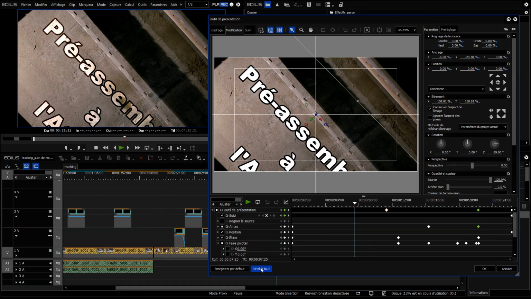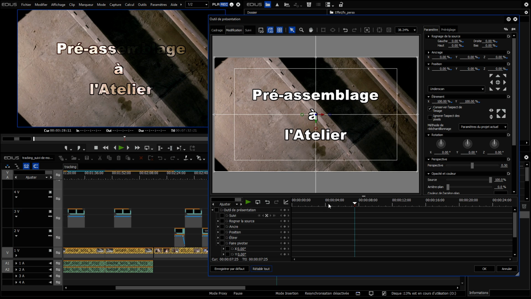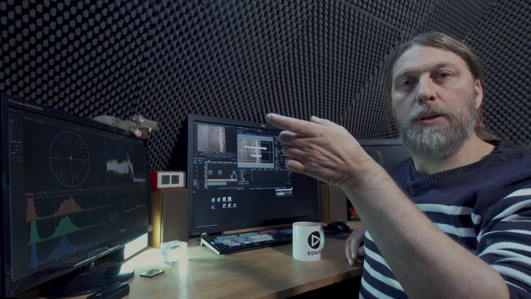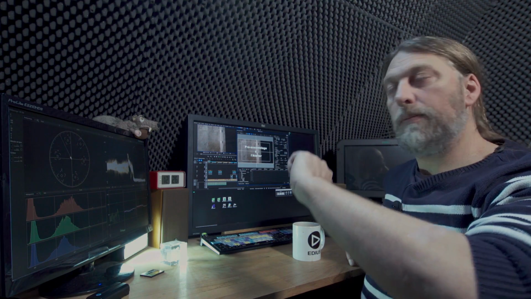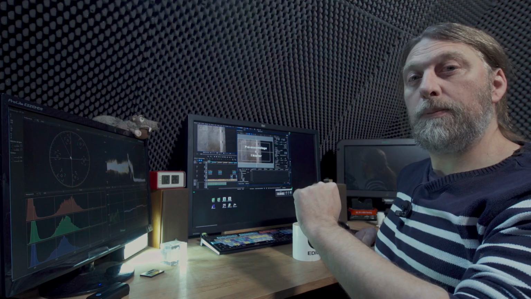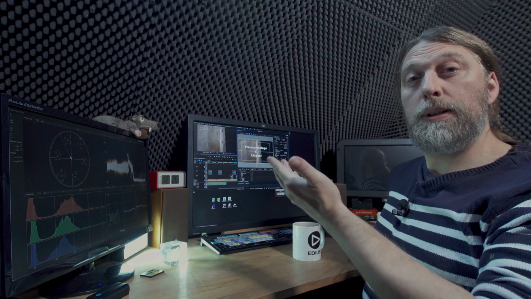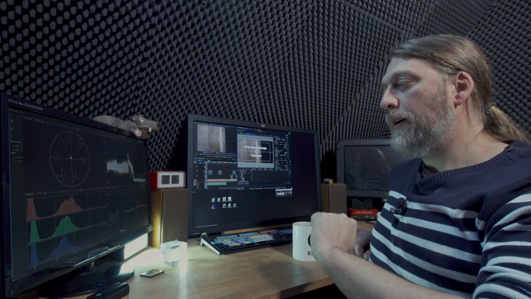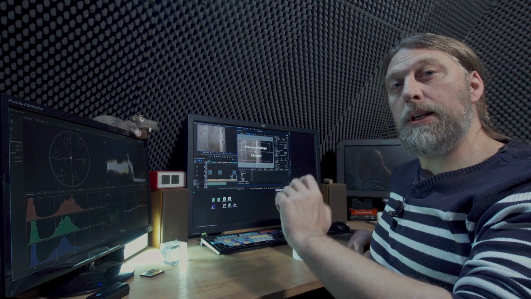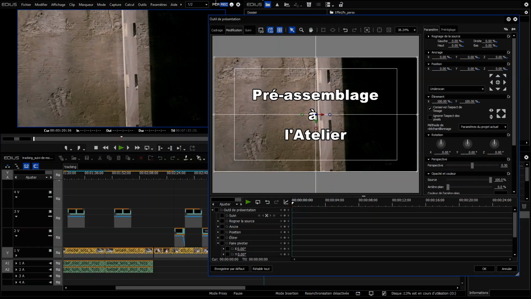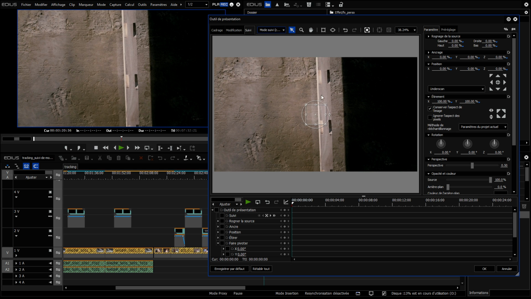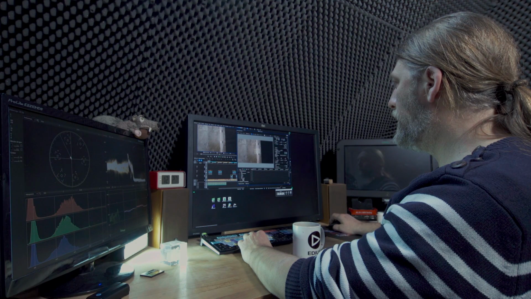Then I'll reset everything. What's interesting in this example is that we can also rotate the object. The motion tracking tool in the layouter allows the rotation of an object, and the variation in its scale, to be tracked as well. So I go back to tracking mode. This time I'm going to focus on the center bar.